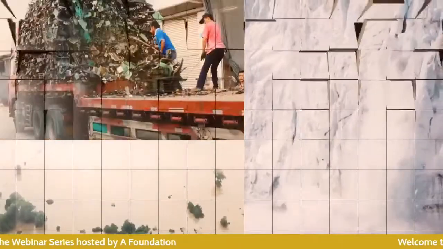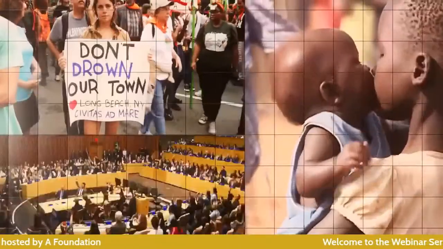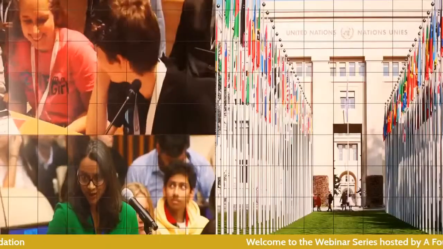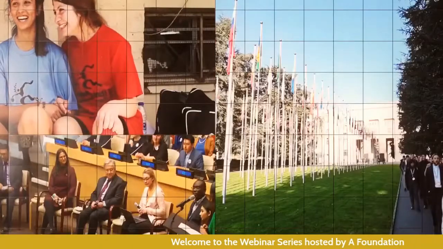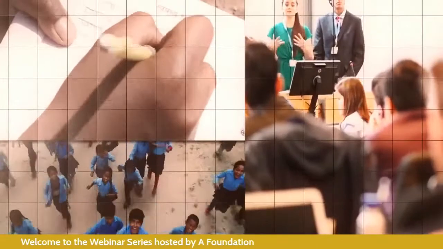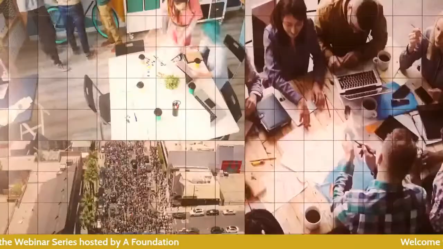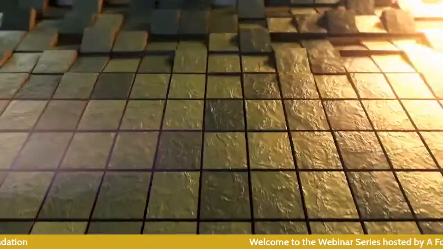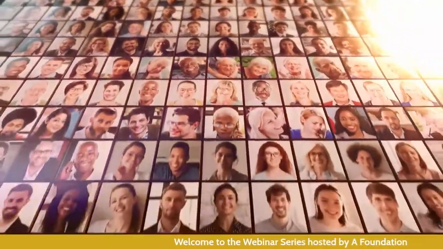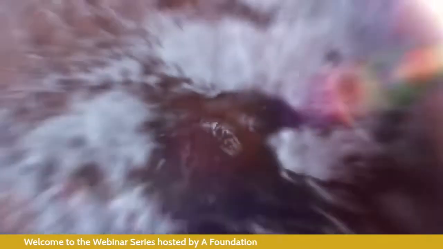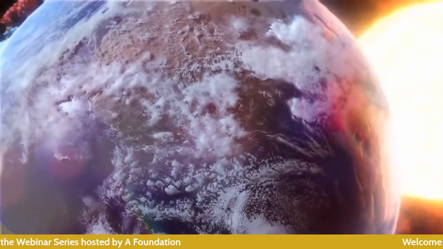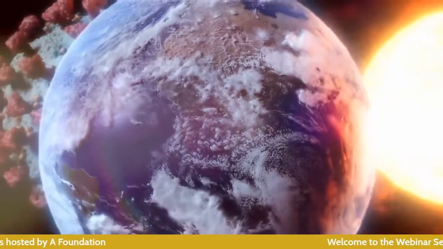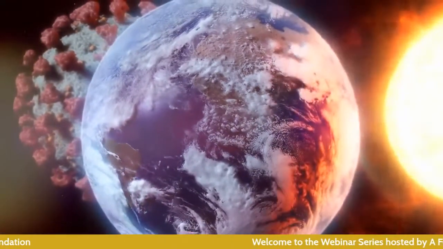But there is hope, and it lies with youth. More than half of the people who responded were young people. And with more investment in youth and greater opportunities to work together and across boundaries, we can build a more sustainable world for all. 86% of you said that international cooperation is vital in shaping the future we want and need. We gathered your responses and presented them to world leaders at the 75th United Nations General Assembly on September 21st,